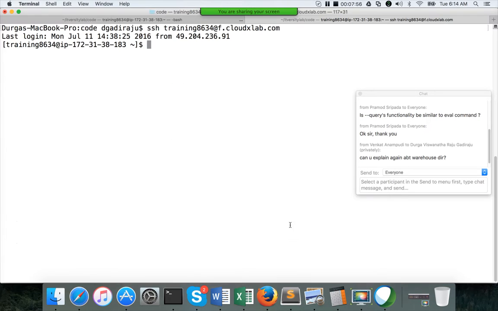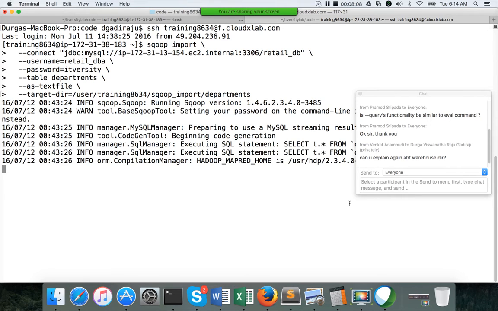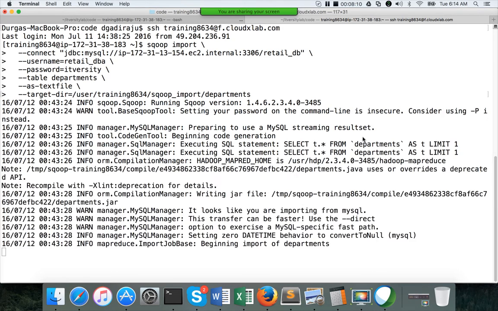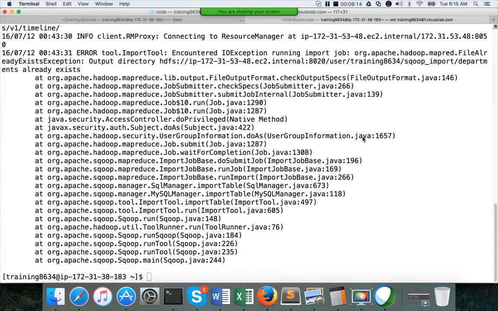And now if I run this, it already exists. So hadoop fs -rm -r.